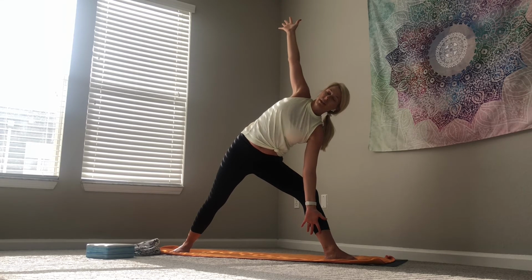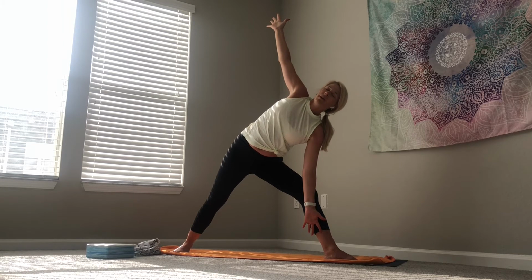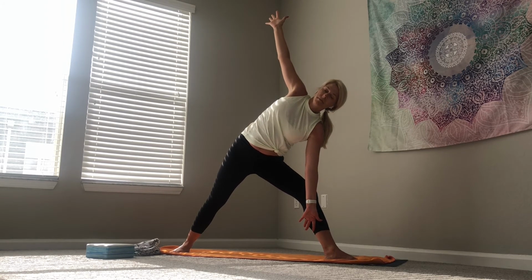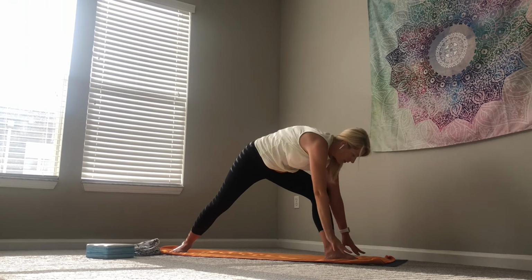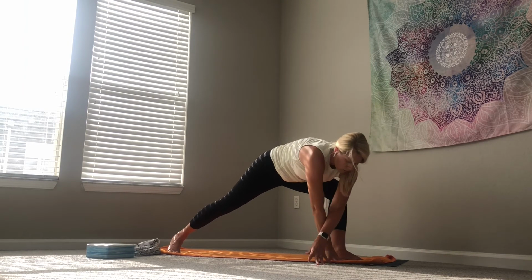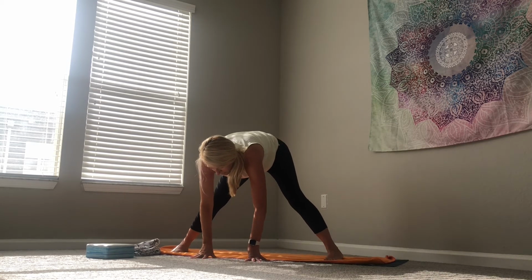This is our first extended side angle here on our left. So just open the right side body. Lift your right ribs. We're going to cartwheel our hands down to that low lunge. And we're going to walk our hands to the right side this time, finding our wide leg forward fold, adjusting